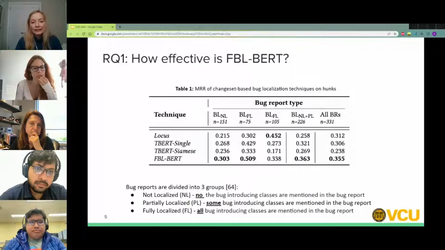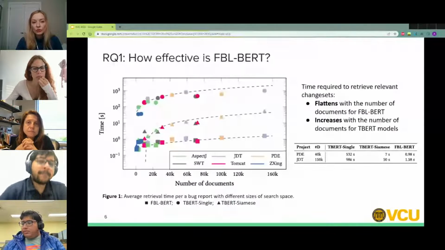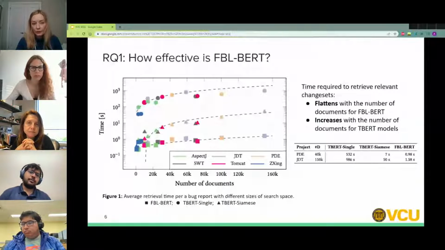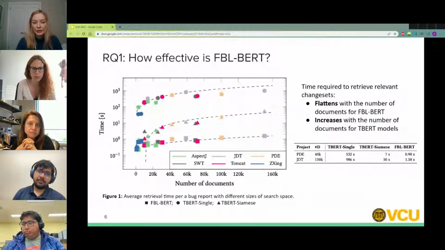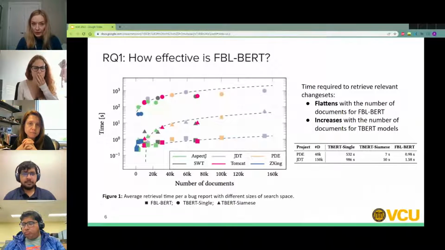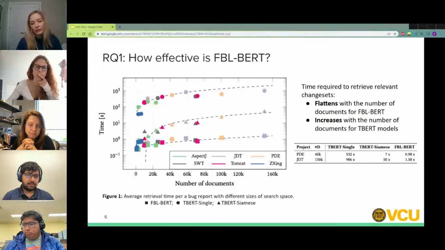And let's also look at the time that is required to retrieve a change set. In this figure, we show the retrieval time per one bug report, given different size of a search space. We see here that FBL-BERT, that is marked with squares, retrieves change sets faster than both T-BERT models. Another thing is that while for T-BERT the retrieval time increases as the search space grows, for FBL-BERT we can see that the trend line flattens,